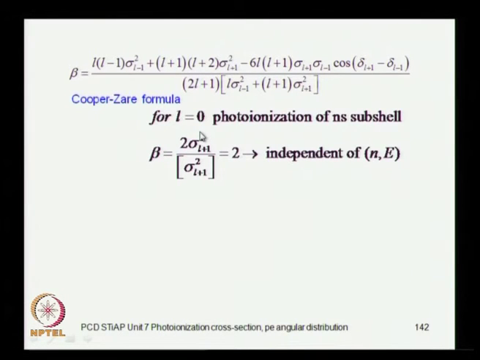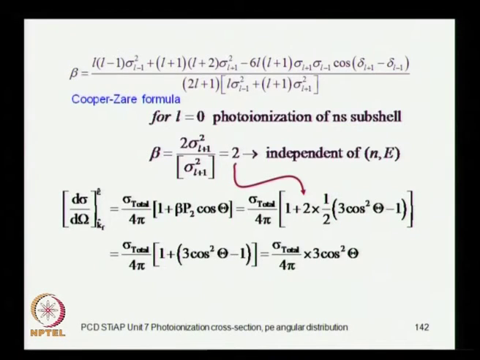So, you can simplify the expressions for beta for special cases where you have a Cooper minimum either in the L plus 1 channel or even in the L minus 1 channel, but typically you have Cooper minima in the L plus 1 channels,